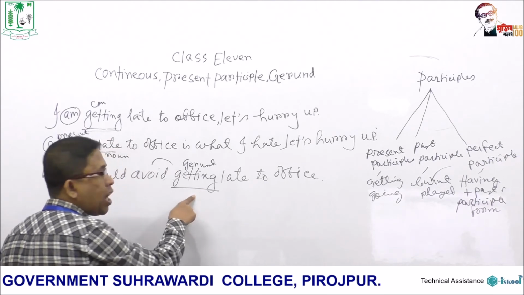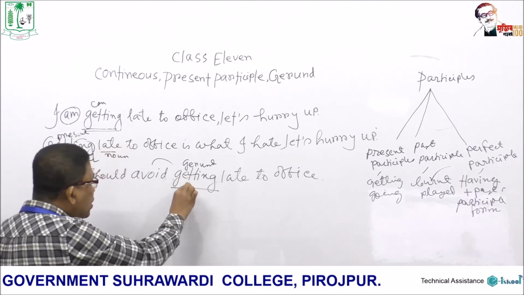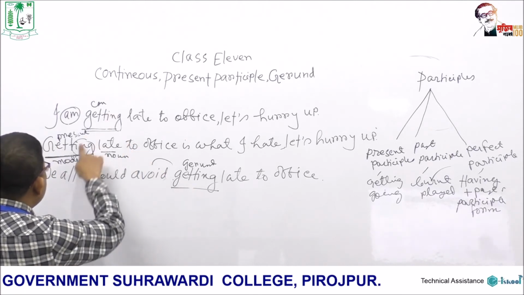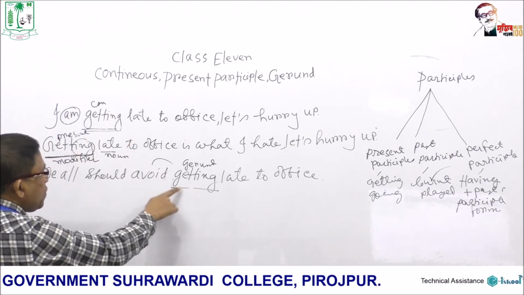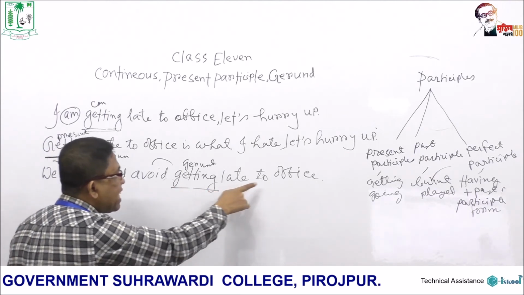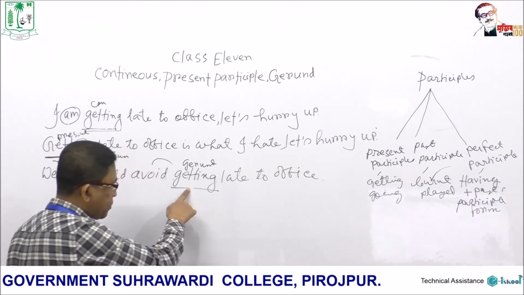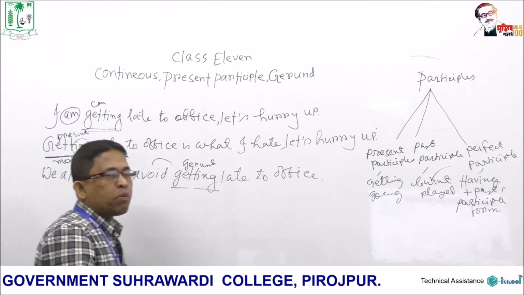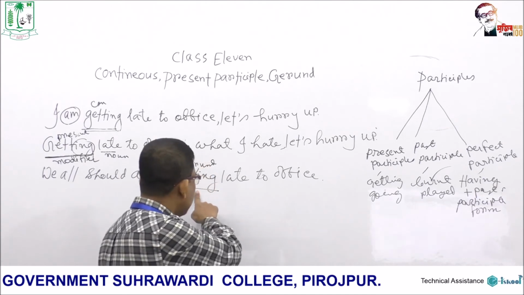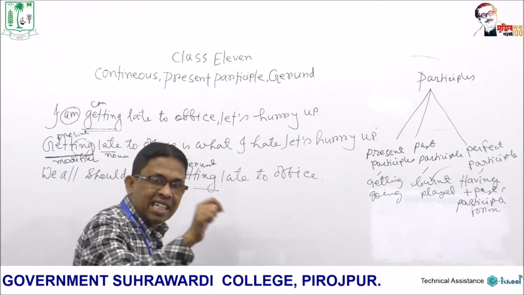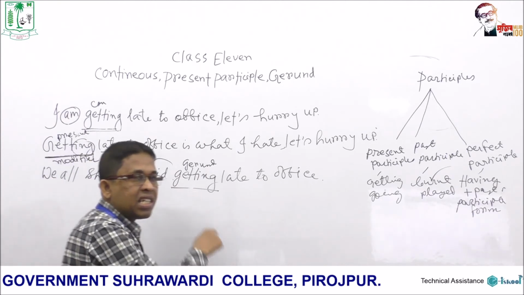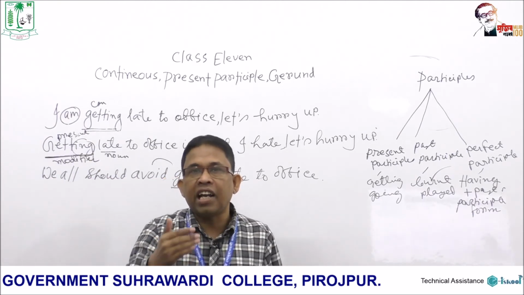Getting, this is a gerund. How is this getting different from the earlier getting? In the sentence, we all should avoid getting late to office, number one, this getting derives from a verb, because the origin of this getting is get. So it originates from a verb, but here it is functioning like a noun,